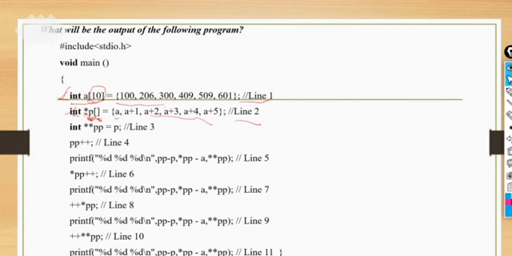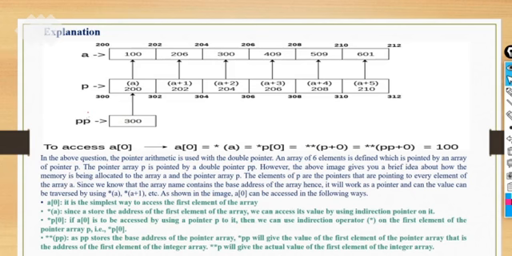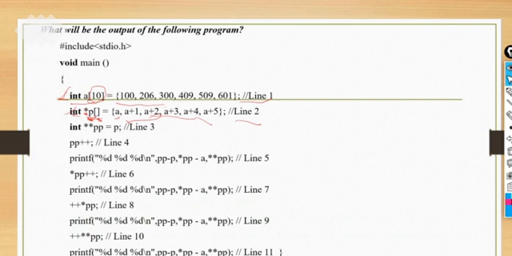You need not be confused: this a is not an integer value, it consists of the address of a. So pointer p is assigned the address of array a. We will see a plus 1, a plus 2 later with the help of a pictorial diagram.